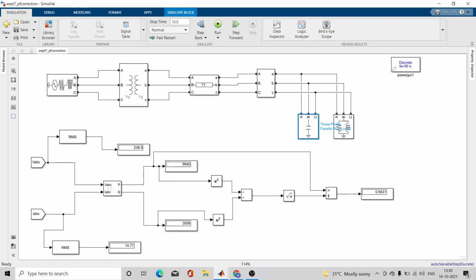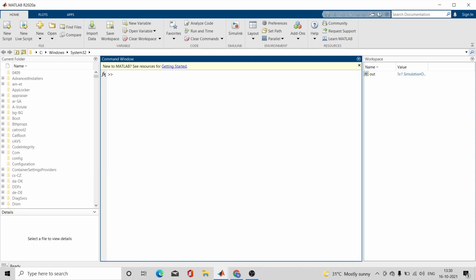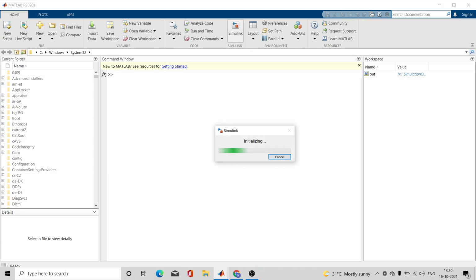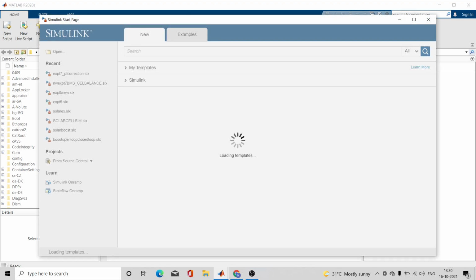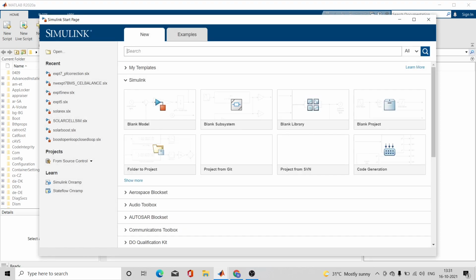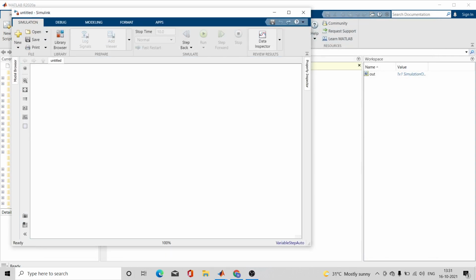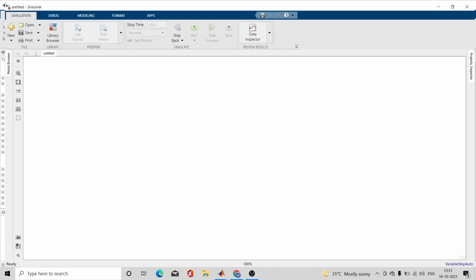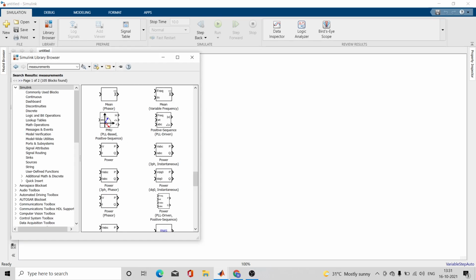So as you know, when you open MATLAB, you go to Simulink. Then you take a blank model. Yes. And whatever components you want, you can take from the library browser. Okay, so I will go to library browser.